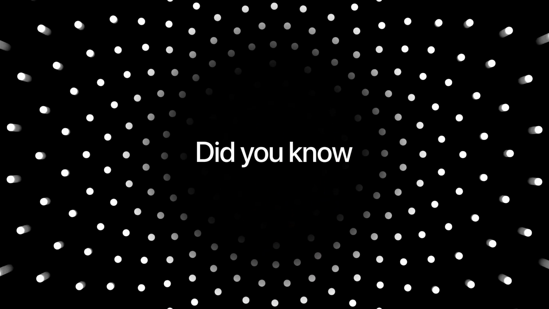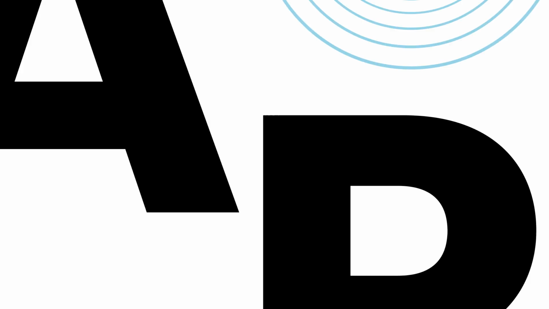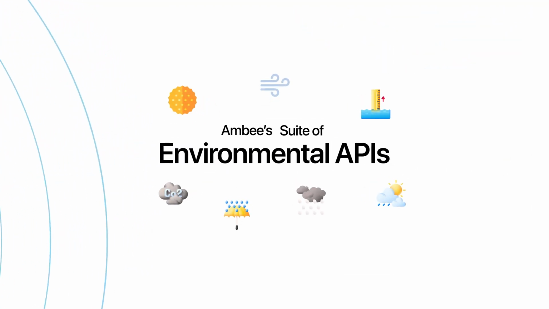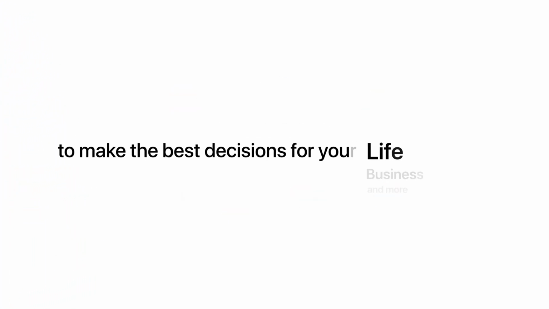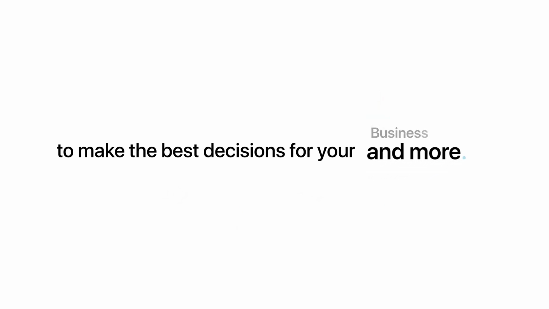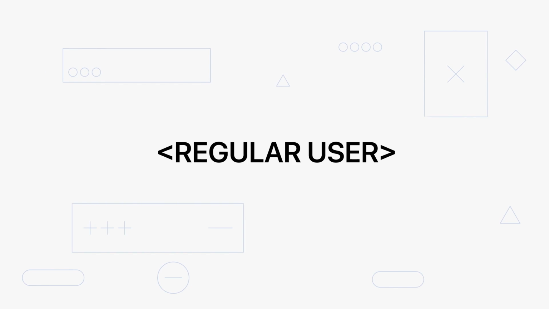Hi there! Did you know that you can get accurate information about your immediate environment in just a few clicks? Ambee's suite of environmental APIs is designed to help you understand your environment to make the best decisions for your life, business, and more. So, whether you're a developer or a regular user, let's see how you can try Ambee's